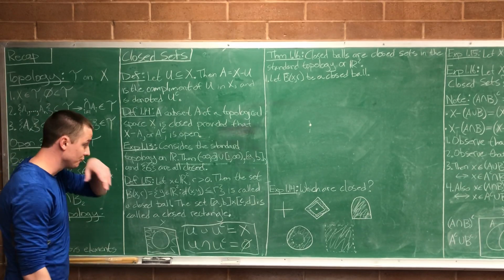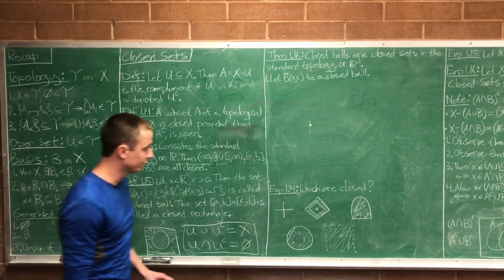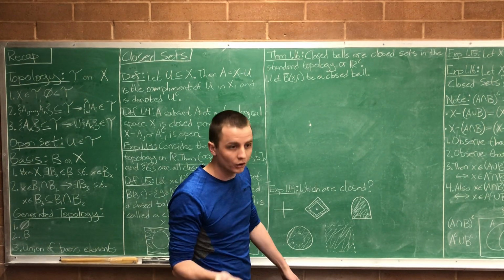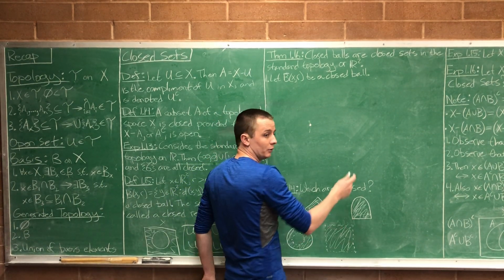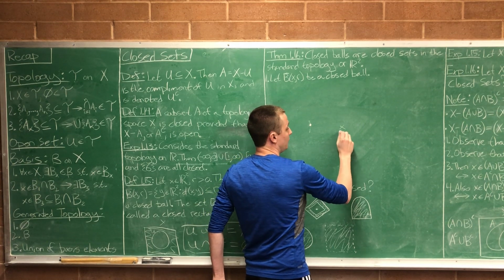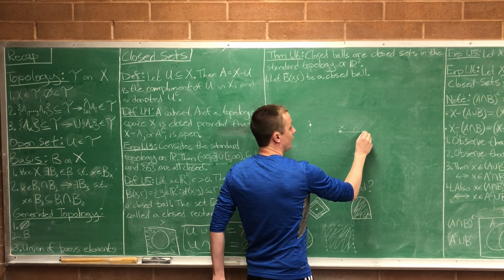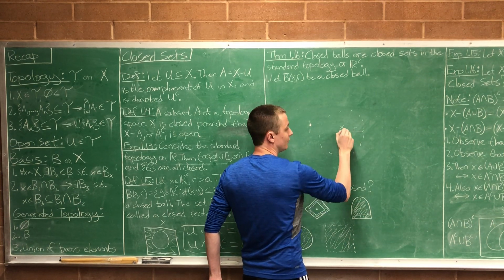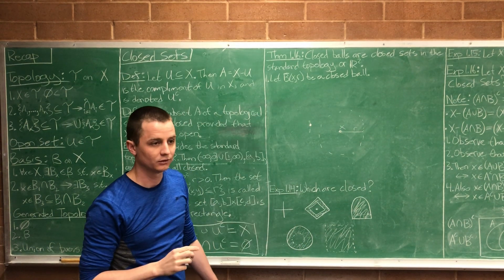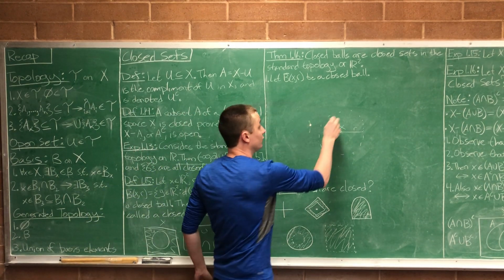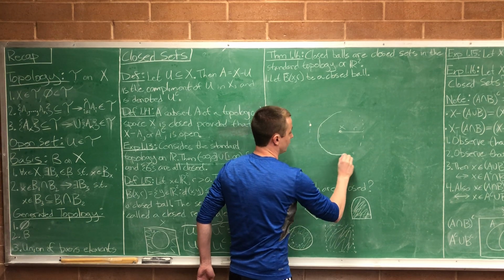Okay, next definition. Before we go over this definition, let's remind ourselves of definitions we already know. We talked about an open ball already, right? What was an open ball? I pick some point x, I pick some radius r, then the open ball was all the points whose distance is less than r away from x, right? We're going to define a closed ball now. The only difference is we include the border.